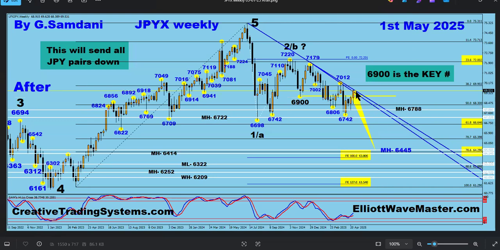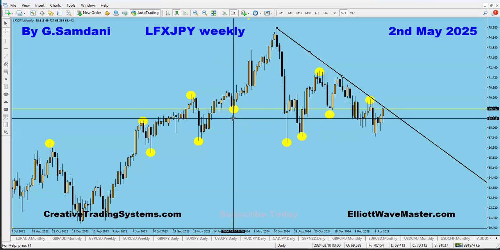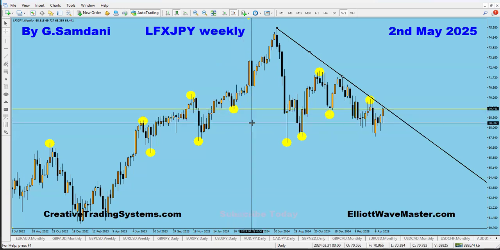It hit the TL and then what happened currently, you can see here, this is the TL, the weekly chart, this is a clean chart. I don't have anything, so you can see very clearly that, connecting these two highs, it hit the TL and then now kind of dropping, right? If it goes below this, which is I think 69.41, I guess. Let me see. Yeah, so 69.41, then yeah, it is going down, right? So this is the yen index.